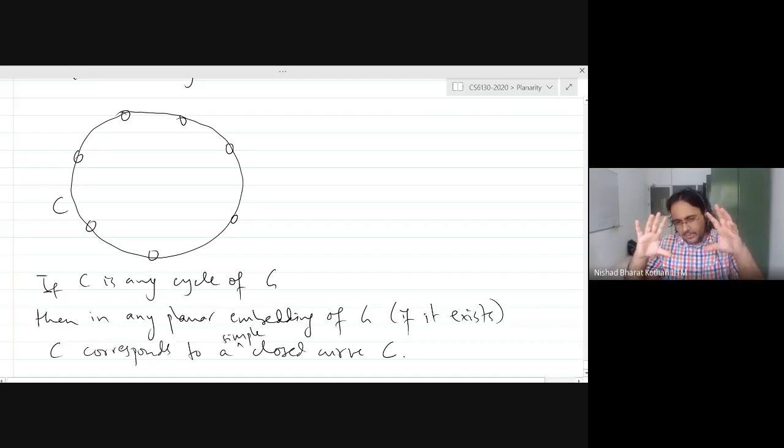What we are going to do is think of the whole graph from the point of view of this particular cycle. It is any cycle of the graph, okay? And we will see how, using those smaller pieces of the graph, we can think about planarity of the whole graph. That is the idea we are going towards. So we want to fix a cycle, and now we want to think about the rest of the graph from the point of view of this particular cycle. Okay, good.